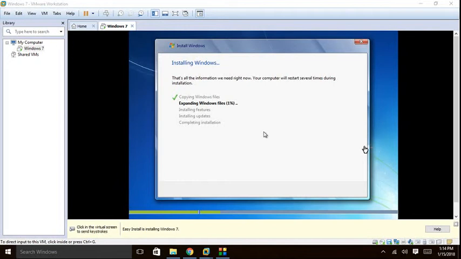After the installation, you can use Windows 7, or even install Windows 8 or Windows 10. If you want to install Windows 8, you have to give the path of the Windows 8 ISO file. If you want to install Windows 10, you have to give the path of your Windows 10 ISO file. I hope you like this tutorial.